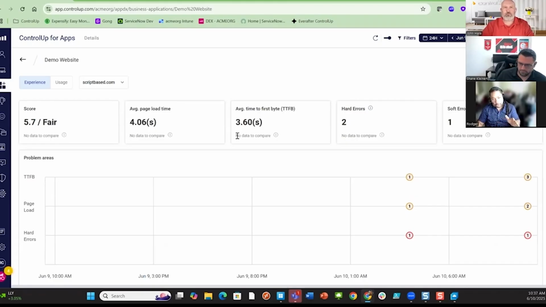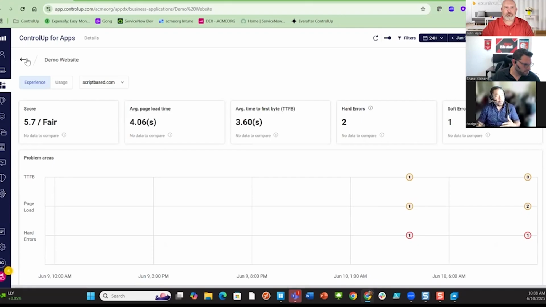And I don't want to go too far down this rabbit hole, but as an admin, you specify what sites or what SaaS solutions you want to monitor for that user. This ties back in, and I'm not going to go too far down this rabbit hole, so forgive me, guys. This is for a longer demonstration.